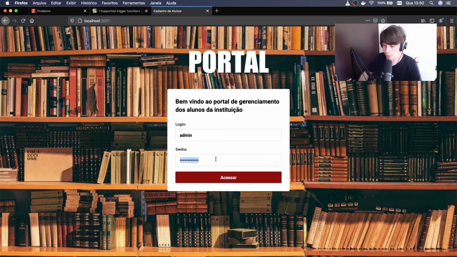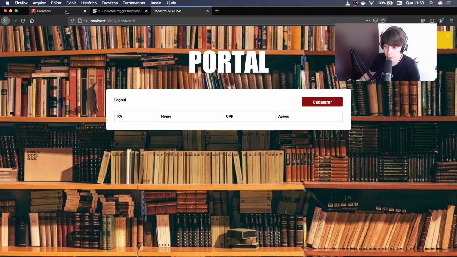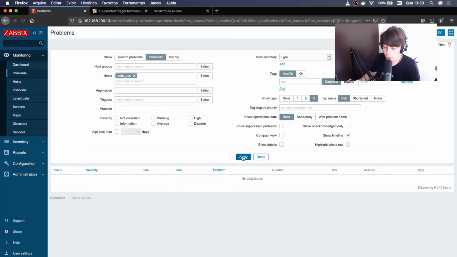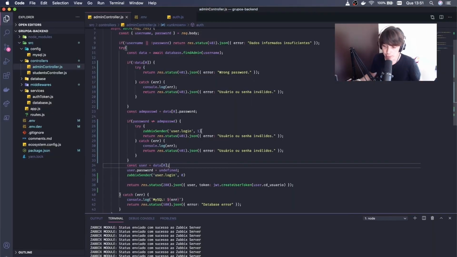But if I try to log in with a successful login, my problem is solved because in the last minute I have just a 0, because the time passes so fast here. So okay, in my application, if I want, I can just come to